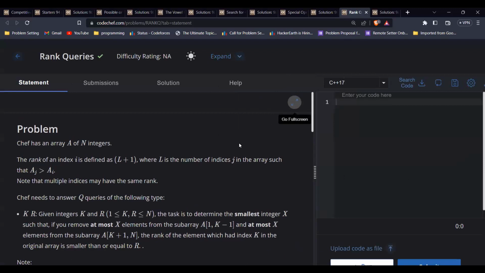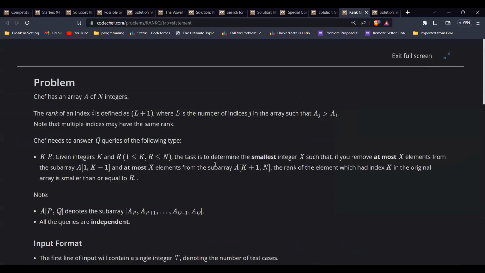Okay, so in this problem, we're given an array A of n integers, and rank is basically defined as, for the ith index element, rank is the number of elements that are